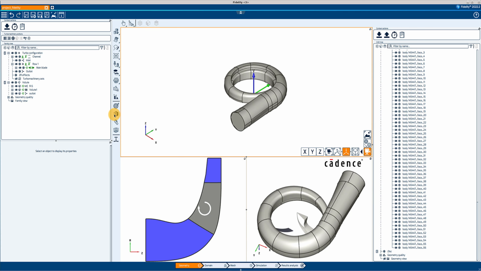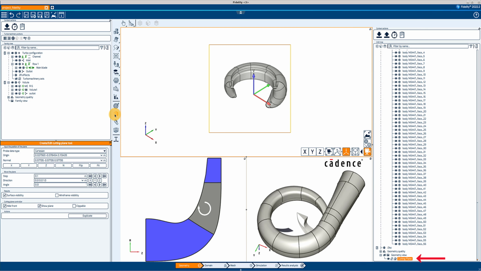Let's talk about a very useful feature that you can find in every context: the cutting plane tool. When clicking on it, an additional element is added under the CAD tree and a property window opens. You can create the cutting plane in the Cartesian, blade-to-blade, or cylindrical frame of reference by giving it an origin